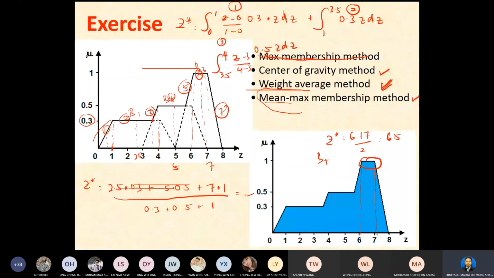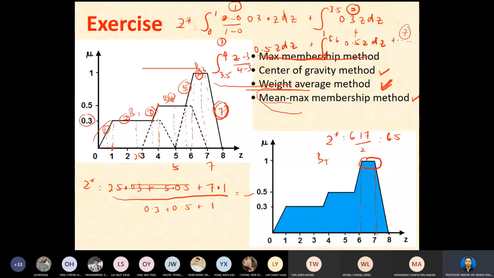Then you can proceed to equation number 4, from 4 to maybe 5.6, with membership value 0.5, 0.5 z dz, and so on until equation 7. Then divide by,